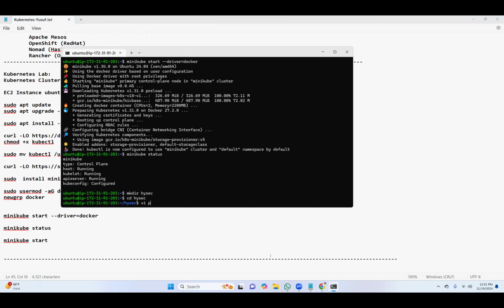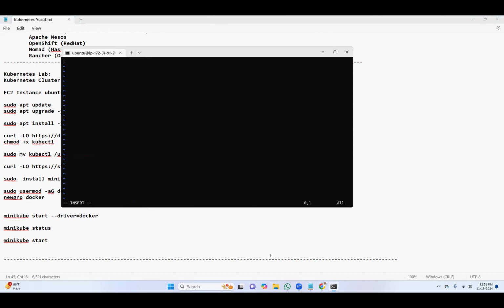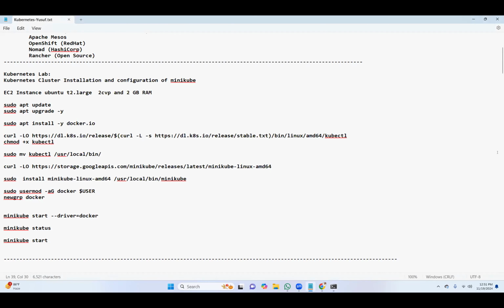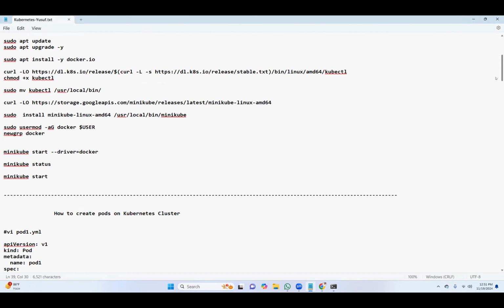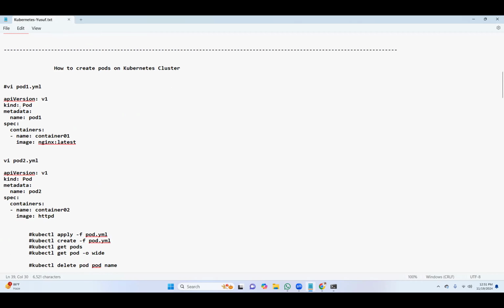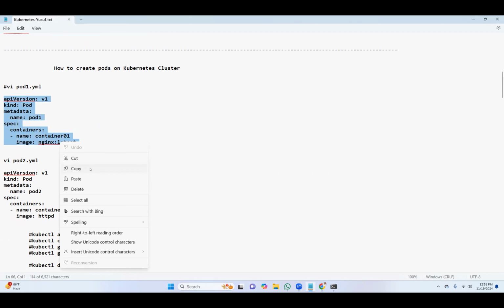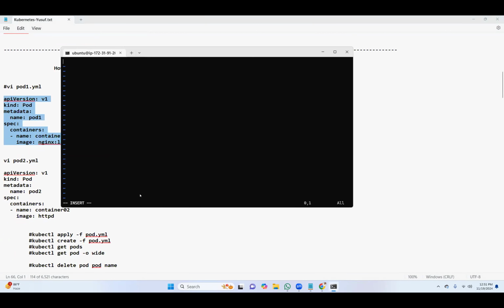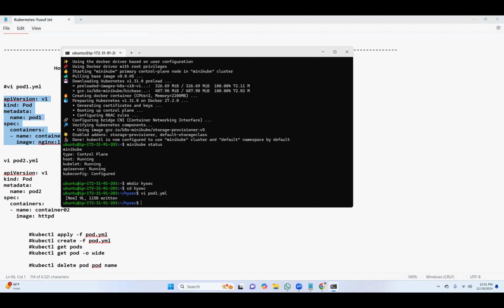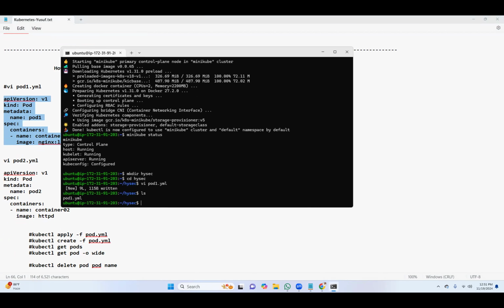Just create port1.yml just for the testing. Now you can copy any port code. This is the port one code with nginx, so just copy it, escape colon wq, and now one manifesto, port one,